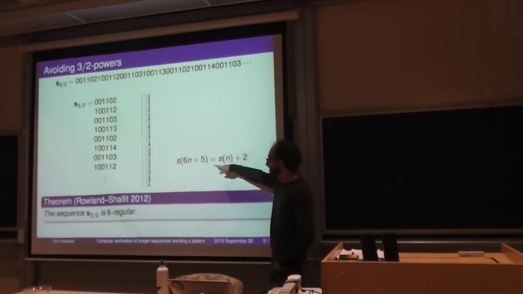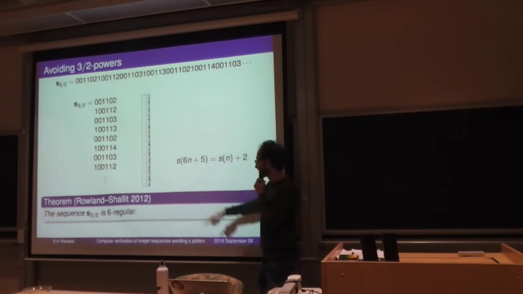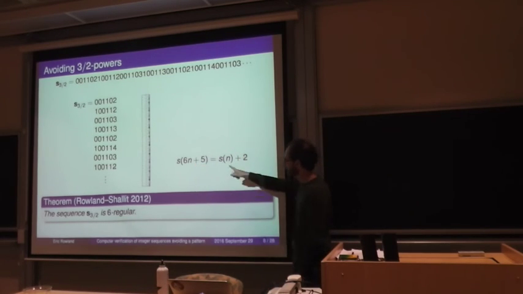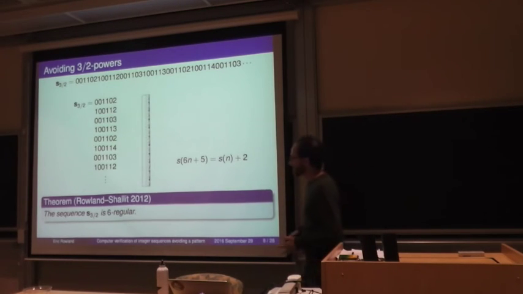So this is part of the recurrence that this sequence satisfies. And this sequence reflects the base 6 representation of n. Whenever we have a 5 as the least significant digit in the base 6 representation, that's when we recurse back to an earlier term. So this is an example of a 6-regular sequence. This was basically the subject of that paper.